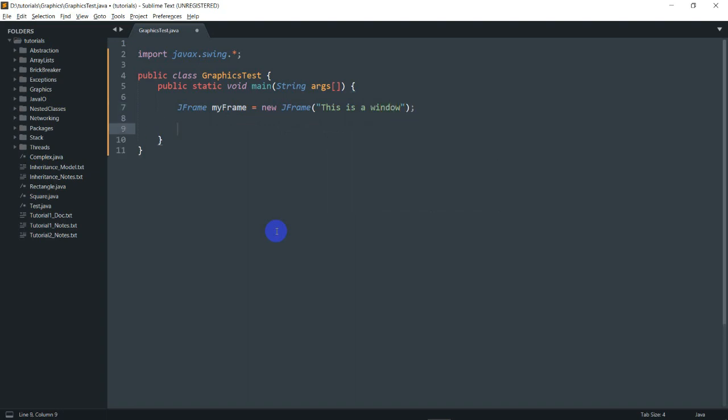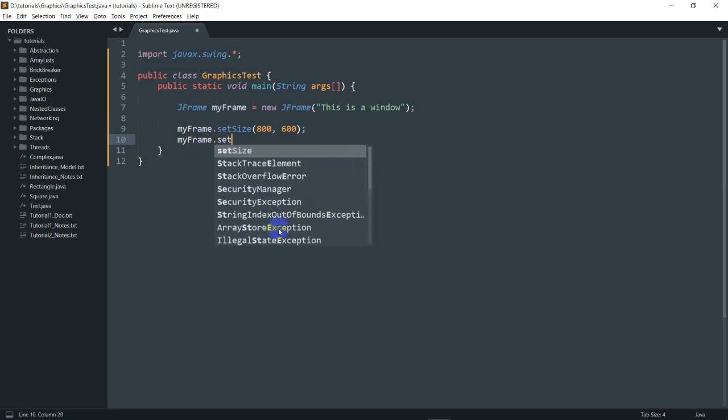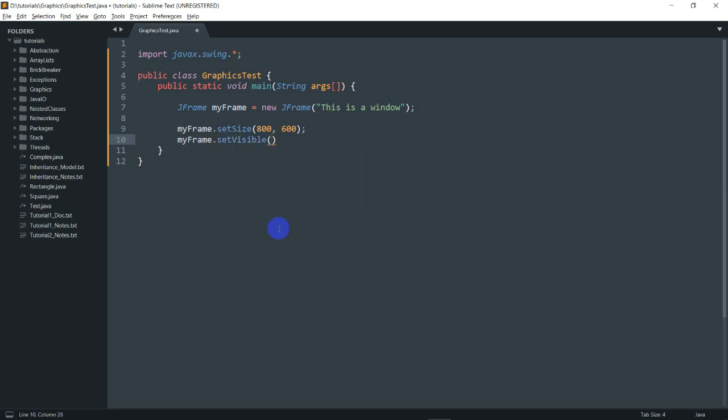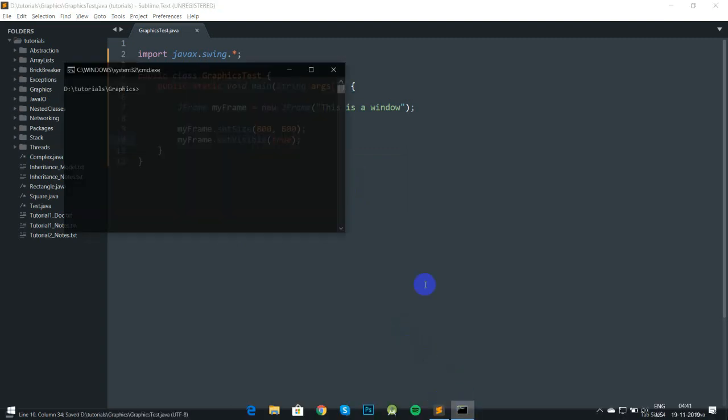And the next thing we need to do is we need to set its size. So myFrame.setSize, and let's just give it a size of something like 800 by 600. And the third thing we need to do is we need to set it to visible. So myFrame.setVisible and pass it true. So let's just keep it at this right now, and let's do javac GraphicsTest.java,